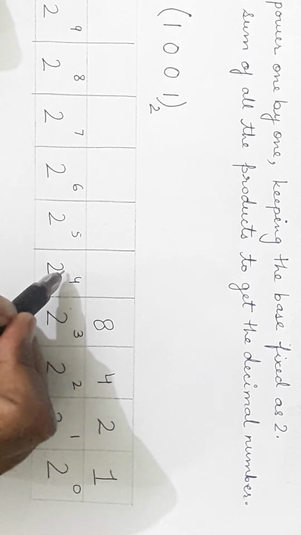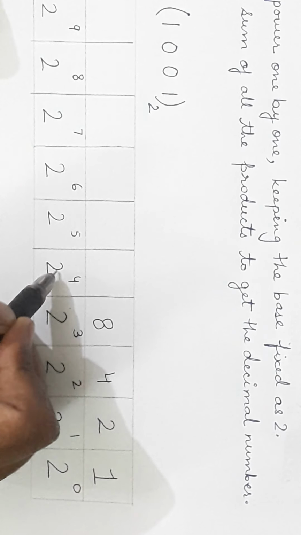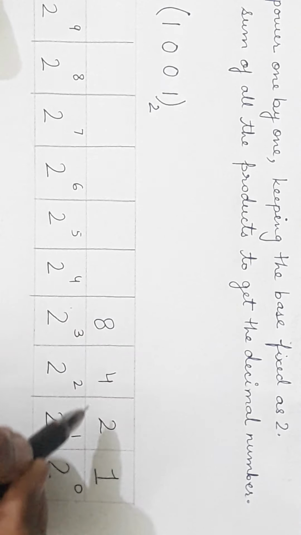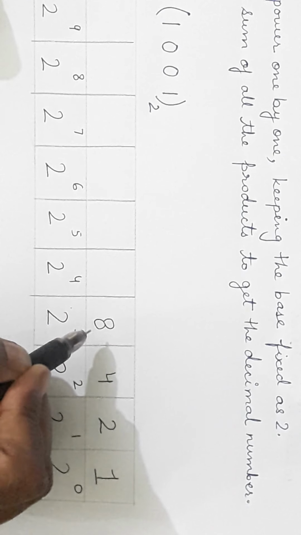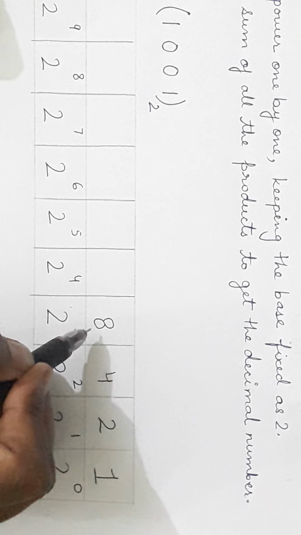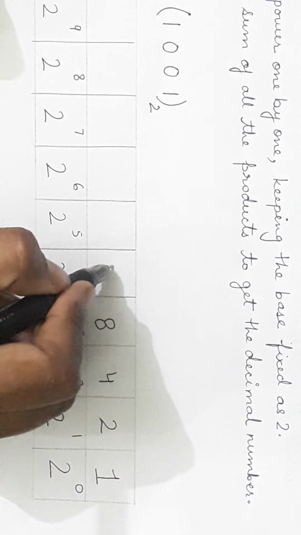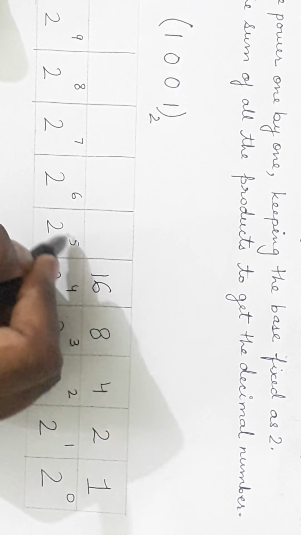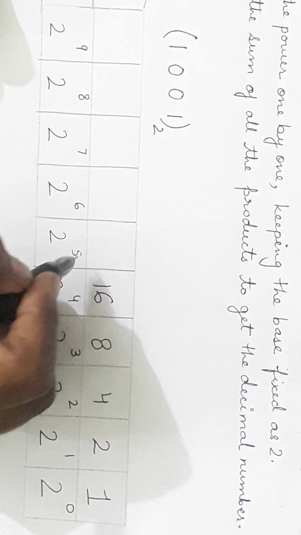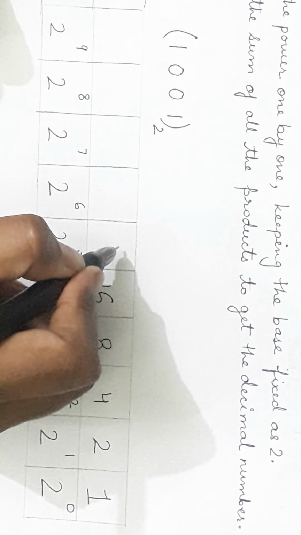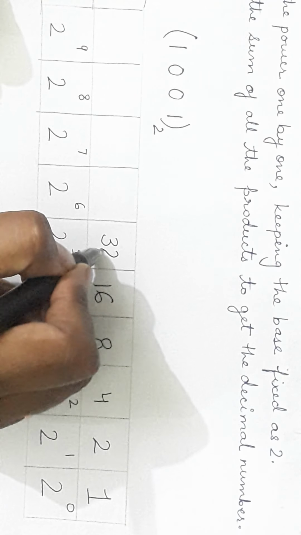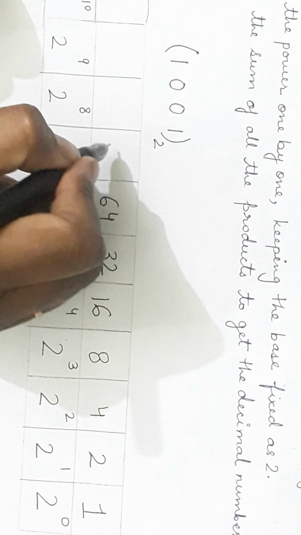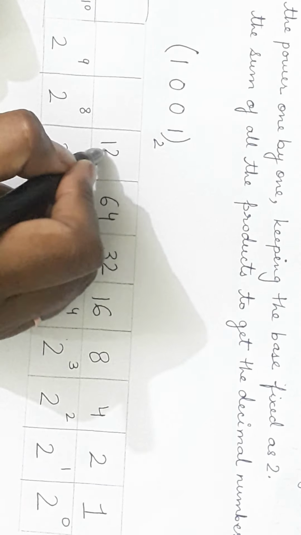Same here, 2 is multiplied 4 times. So 2 into 2 is equal to 4. 4 into 2 is equal to 8. And 8 into 2 is equal to 16. So this way we will find the powers. In the same way, when we multiply 2 five times, it becomes 32, then 64, then 2 to the power 7 is